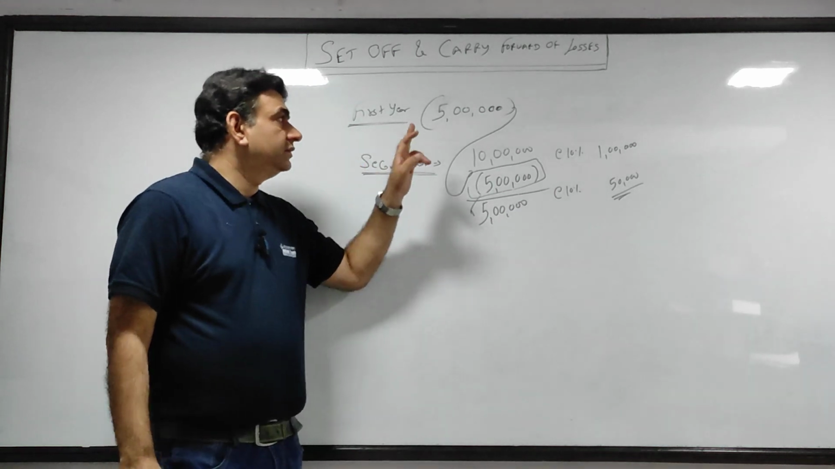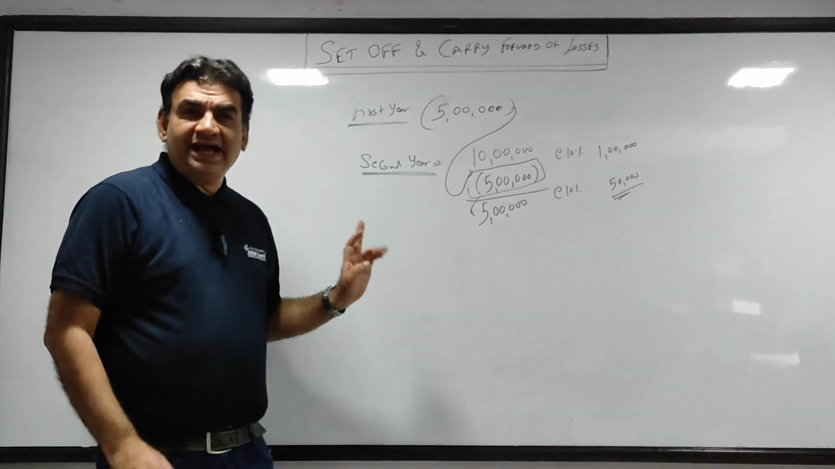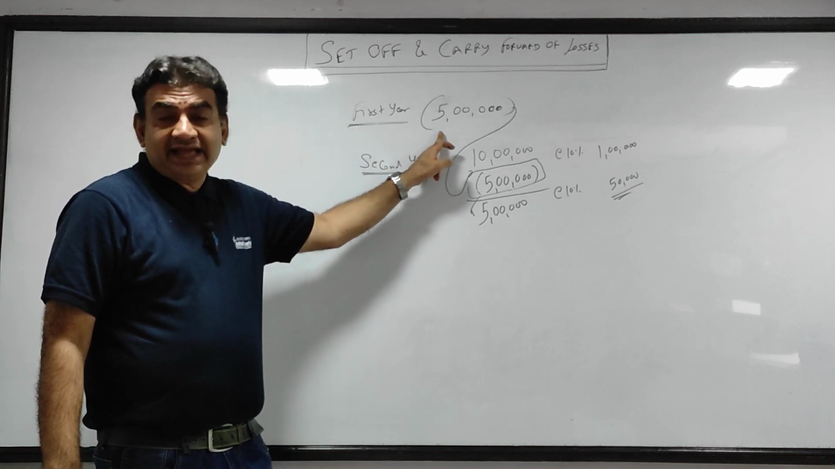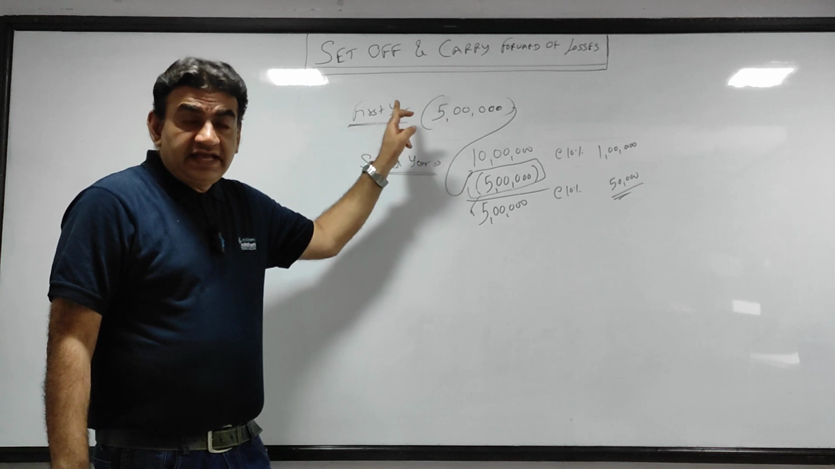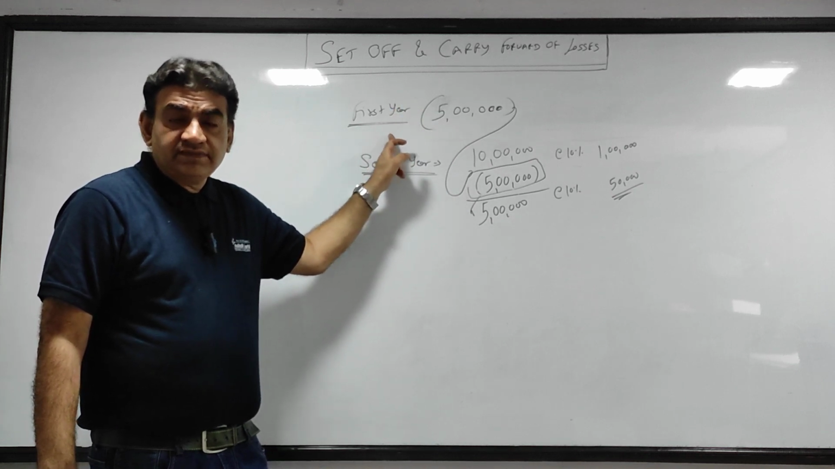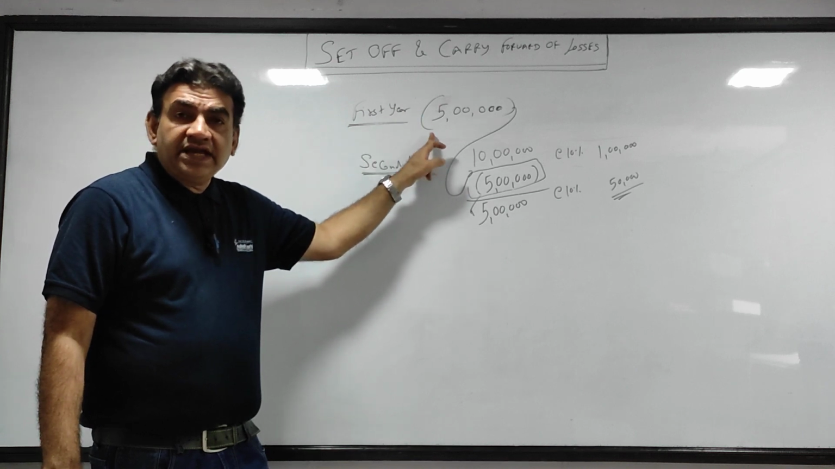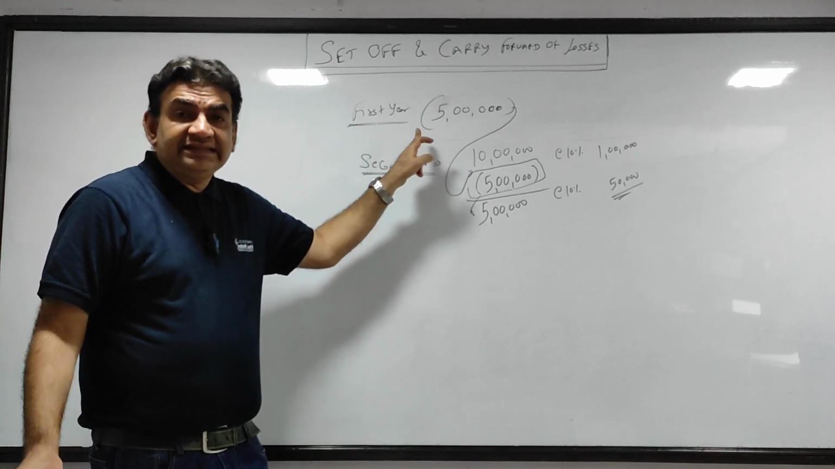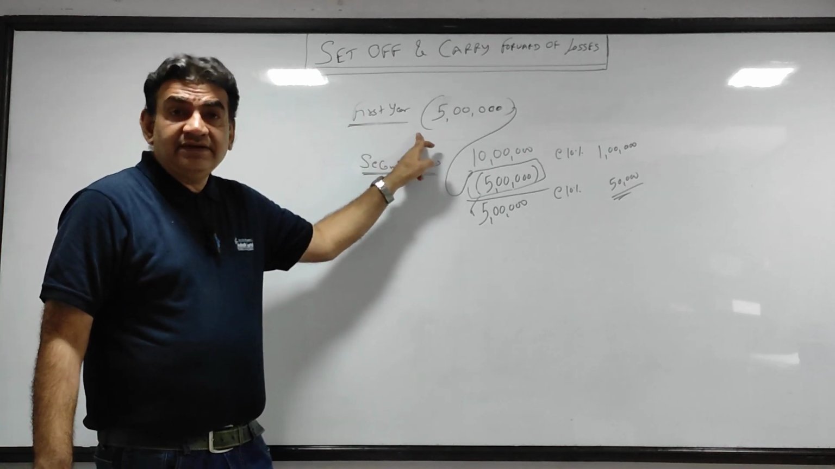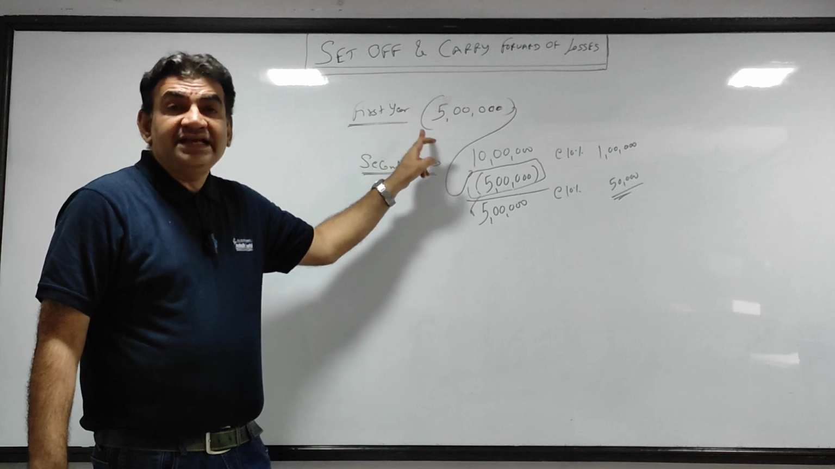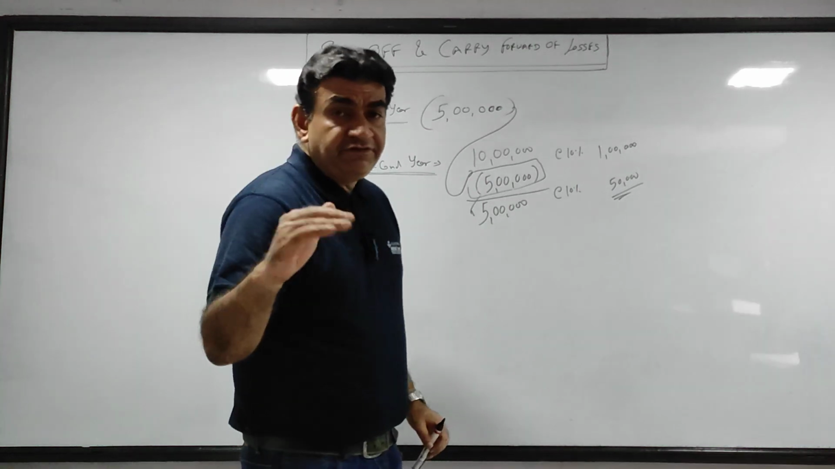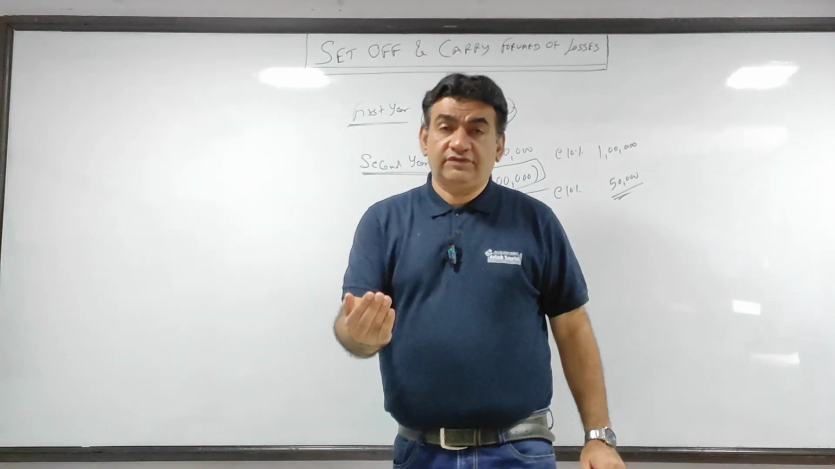Carry forward means what? Let me explain with this example. In the first year I made a loss of 5 lakh. Now listen, if there was some income where I could set off this 5 lakh, then it gets set off in the same year. If there was some additional income in addition to this loss of 5 lakh, I would have set it off. So what the loss is, if you are not able to set off